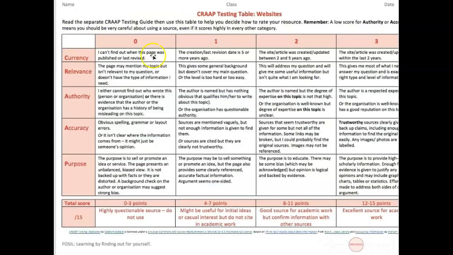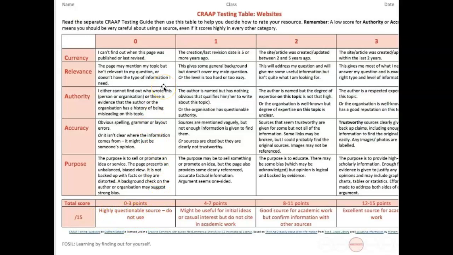And how would this work? Well, here's an example of a student in the United States who has used the CRAAP table, currency, relevance, authority, accuracy, and purpose, and they've spoken about different websites that they've looked at. In this case, they've decided to give the source an overall score. Now, I probably would stop short of putting a numerical number on that because we both know that that's kind of arbitrary, doesn't really have any real justification in terms of numbers. But I think it would be very good to have an overall idea. And in this case, for instance, the student's written highly questionable source.